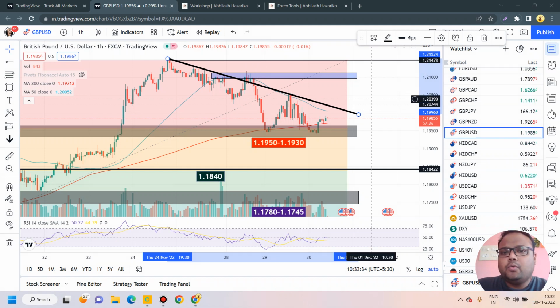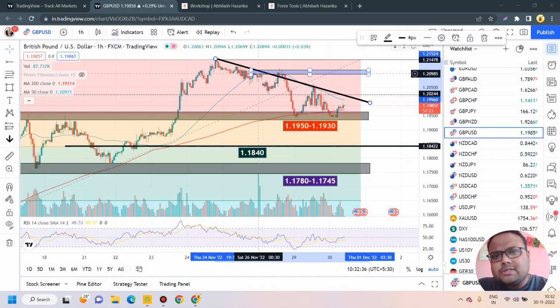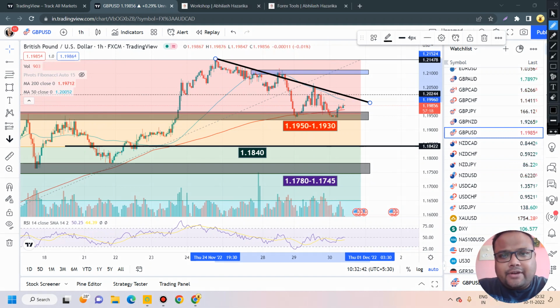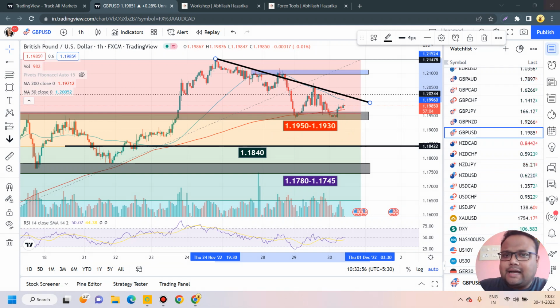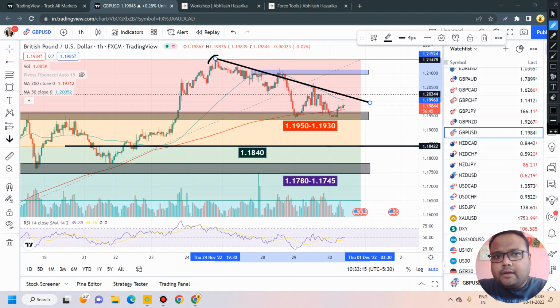If the market reverses, we can go for a sell position, and it looks like it resembles a descending triangle pattern right now. Usually in a descending triangle pattern, we see the market breaking the support and going down. Right now 1.1950, 1.1930 is playing the role of a support here, but in the coming days there's a high chance that the market will break the support and go down, because the market is constantly forming lower highs. Lower highs signify an increase in the number of sellers, an increase in selling pressure, and if the market breaks this support, then the next support is